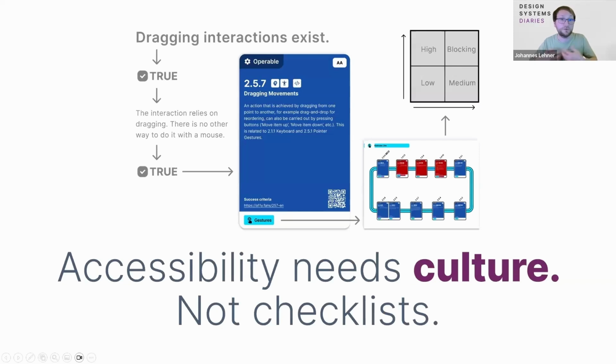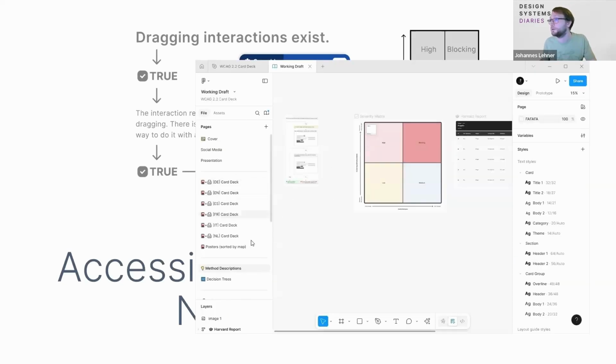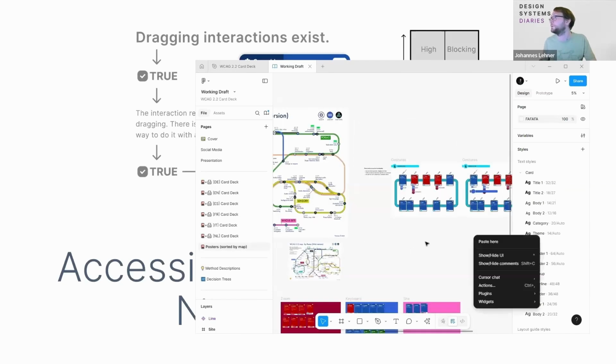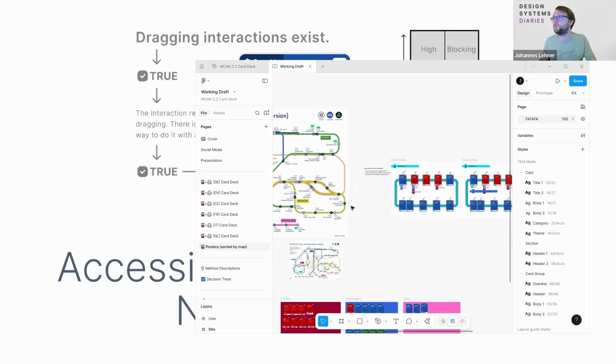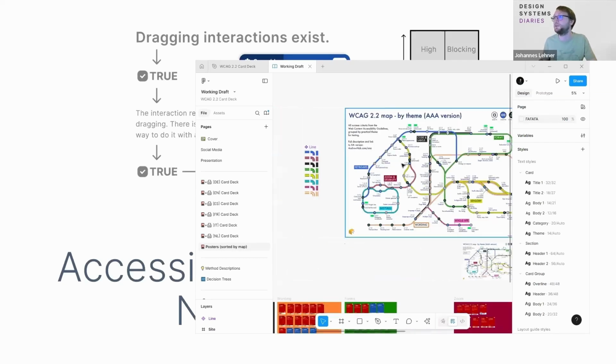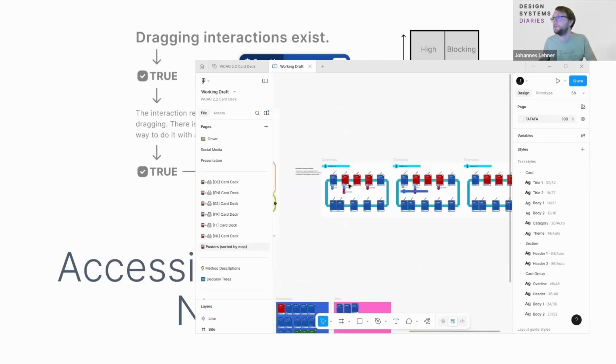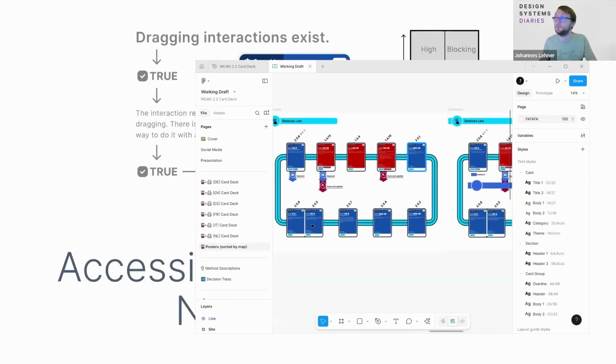Then the third step, you're sorting them by theme. So you group them together for keyboard, sensory, forms, for smarter testing, and really figure out, does it work, does it not work? And again, there's something that I'm currently working on. There will be a simplified version of the map that I already teased from Andrew Hick, where you can put the cards on it. So you see, like, you have a round trip and also connections to some other themes that should be relevant.